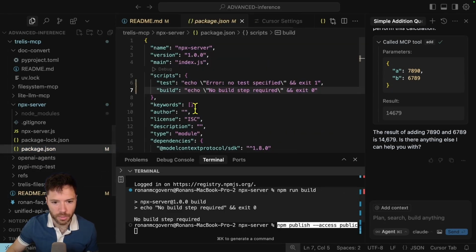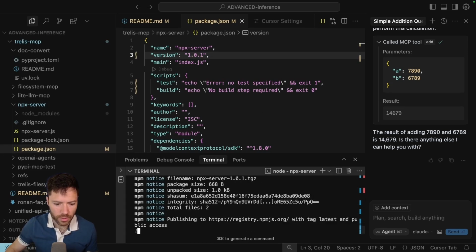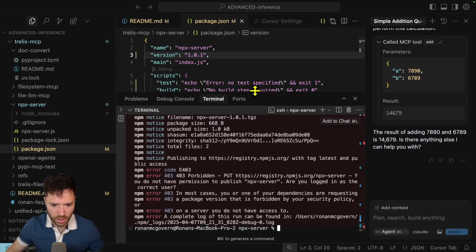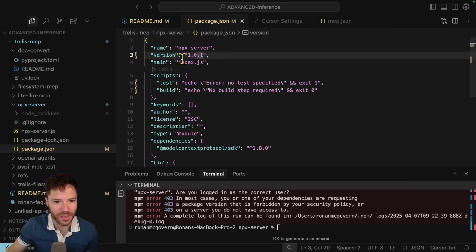If you're going to update the package, then you need to increment the version. I've already published a version, so I'm going to increment it by 1. And let's see what issue is hitting here. Oh yeah, and there's one more thing I should say, which is you don't want to